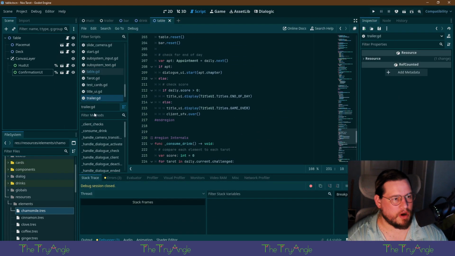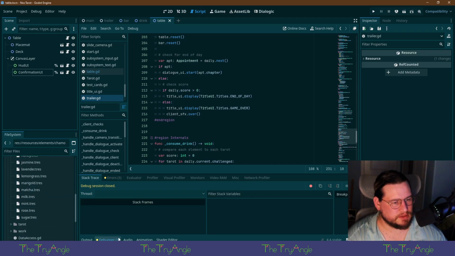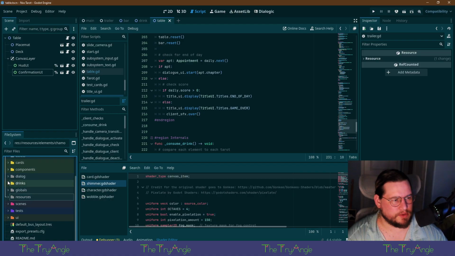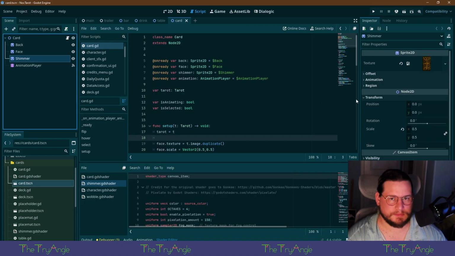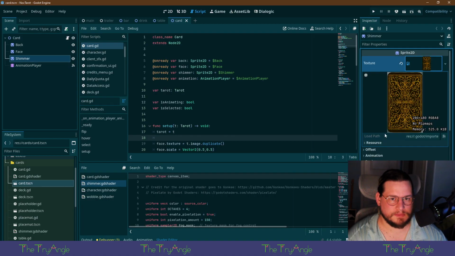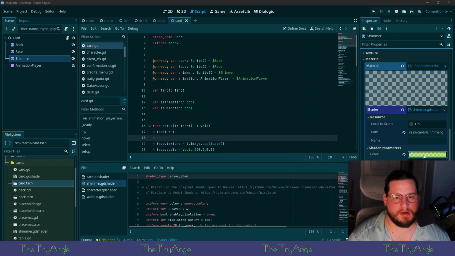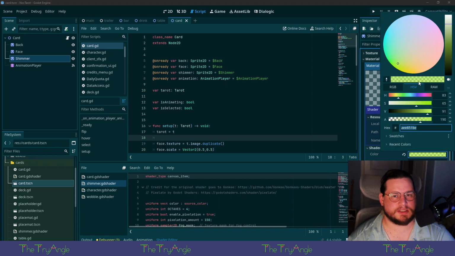Now, the card, like shimmer, yeah. I don't like the color we got going on right now. So, what we're going to do... Yeah, this color sucks.